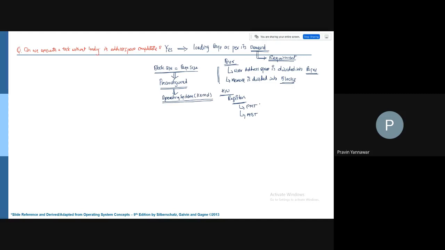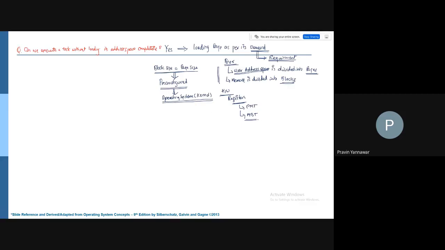Which tells us that on the address space allocated for the user, the pages are contiguous. Pages are contiguous on the address space, but they are logically contiguous onto primary memory, and their relationships are maintained here in the memory block table as well as the page map table. In the memory block table, the interesting point you need to understand is that this is the memory block number,